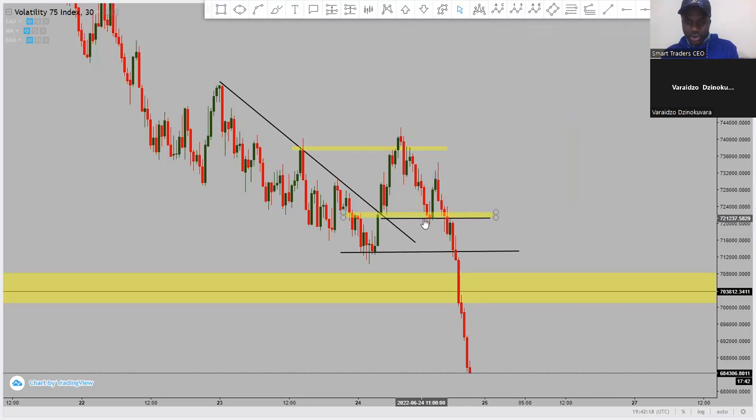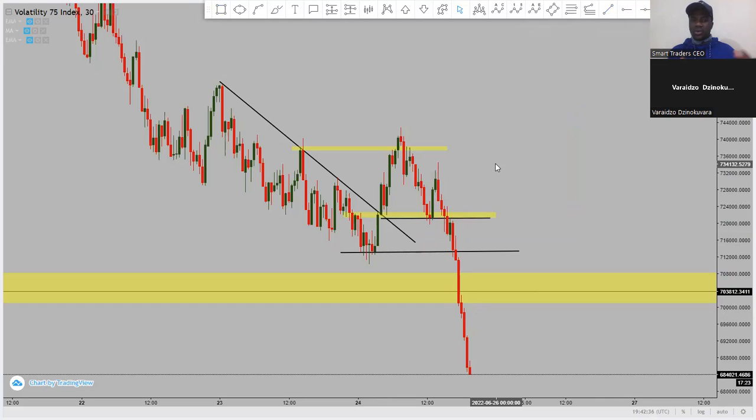But now as it broke this level, the 4 hour is good for showing you the entire market structure without all the noise that you might find on the 15-minute or the 30-minute. That's why whenever we're looking at the overall trend, we don't look at the smaller time frames. We look from the higher time frames. The smaller time frames, we really like them when it comes to entry points. For entry points, we just go to the small time frames.